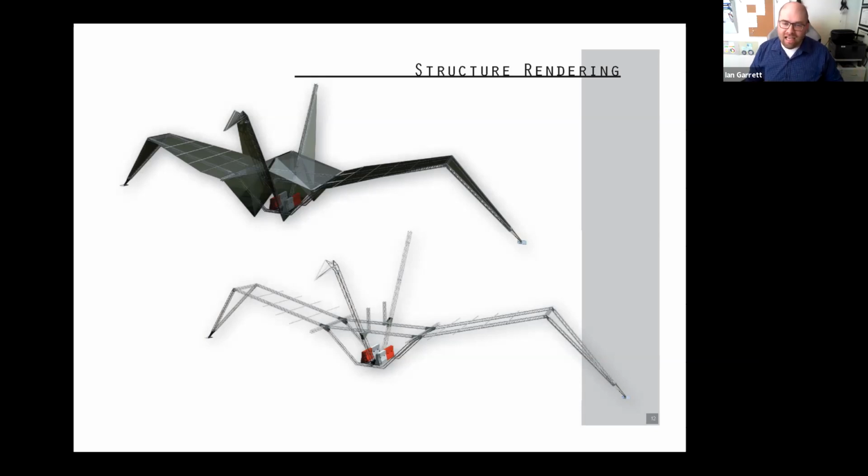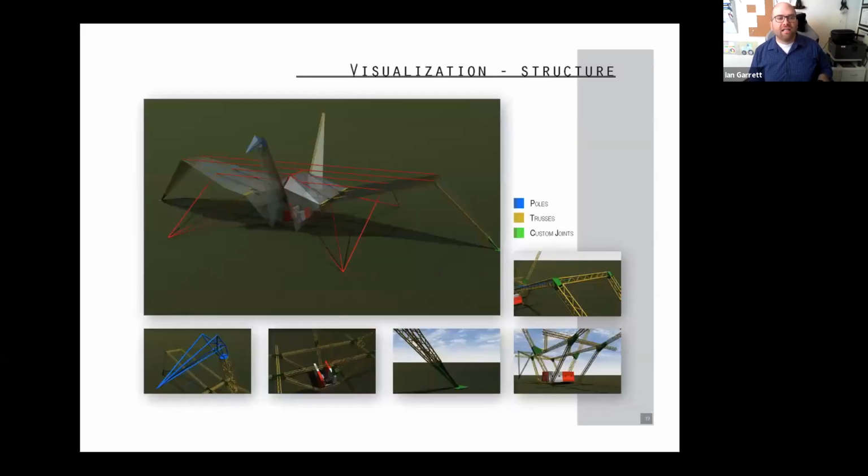And it uses a 70% textiline shade fabric as the skin for it, and a little bit more of the anchoring as well. It became important to light it as well because it's in this large, the Coachella Music Festival takes place on the Indio Polo Grounds, and so it's this large open desert area. There's not a lot of cover around it, and they do a lot of projects and commissioning around things that have a certain sense of scale for, you know, the tens of thousands of people that come over the course